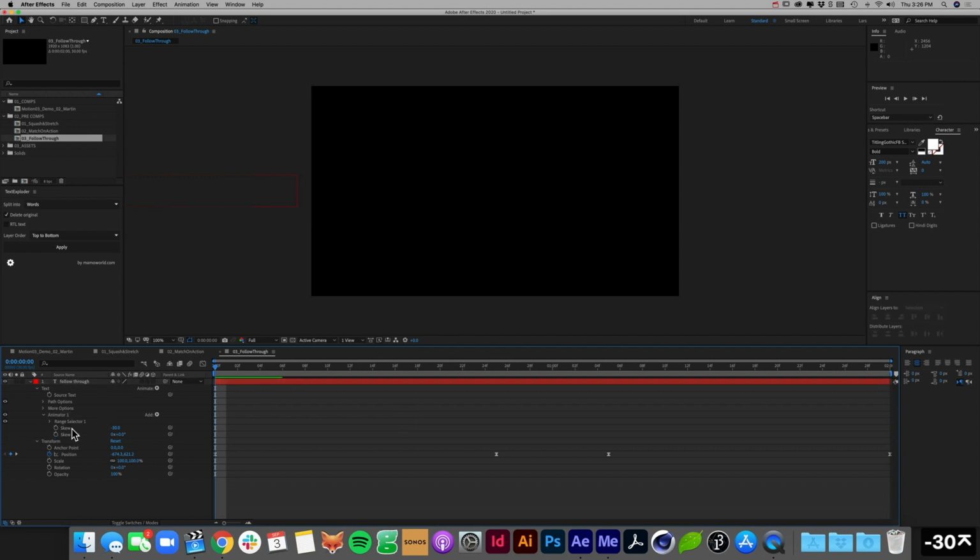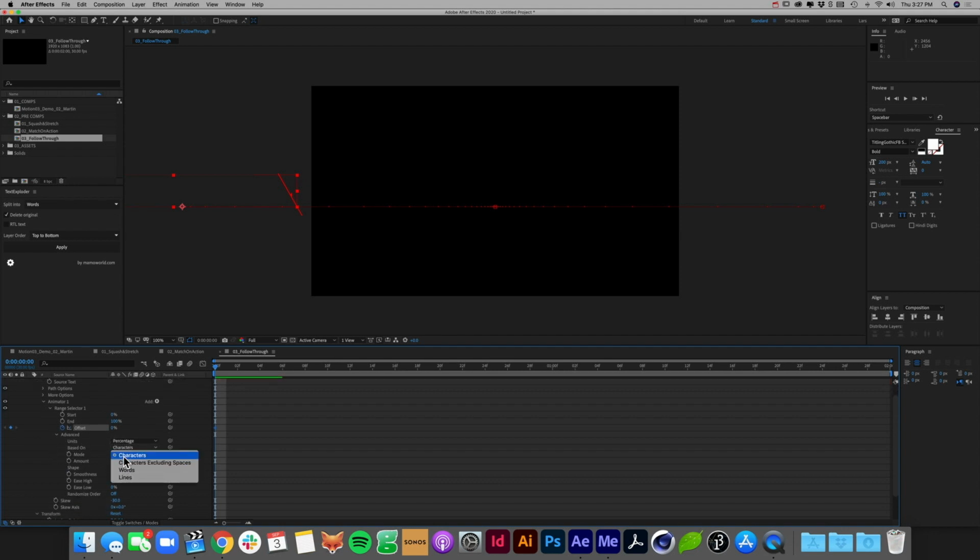And instead of keyframing this part, I'm going to twirl this menu down and keyframe offset. So before I start, actually, I'm going to go down to my advanced settings and change this from characters to words and shape from square to ramp down. So now I'm going to make this -100,